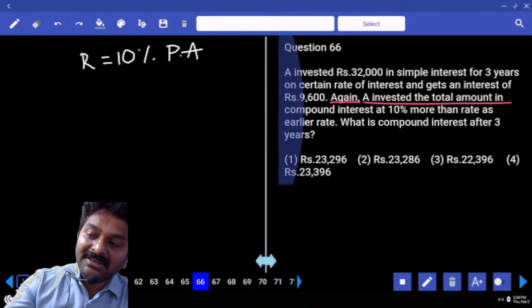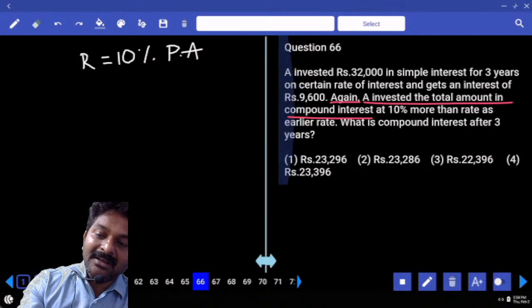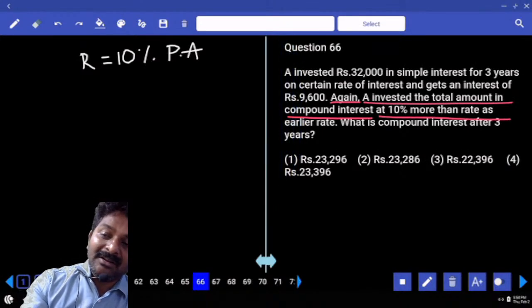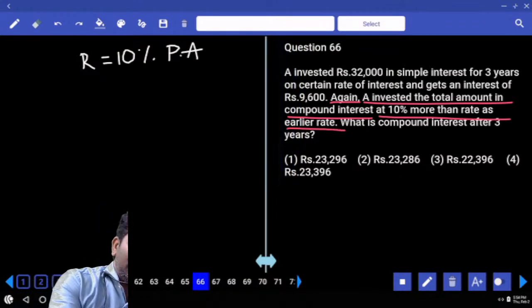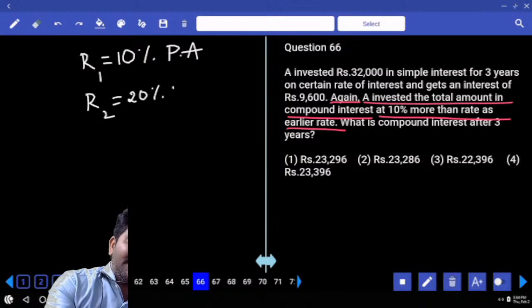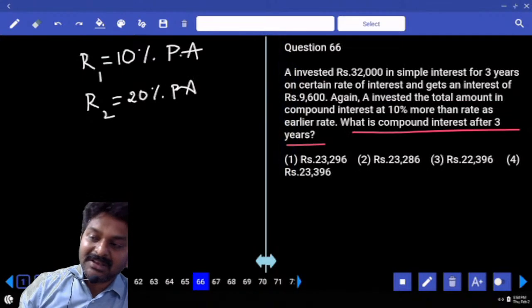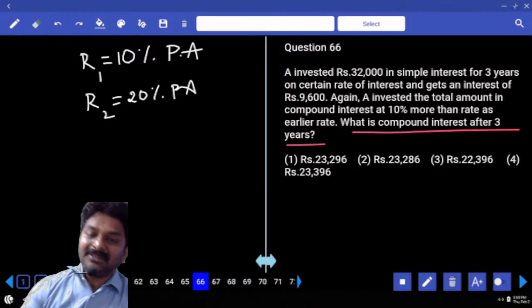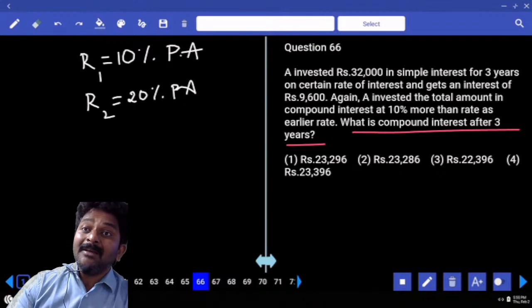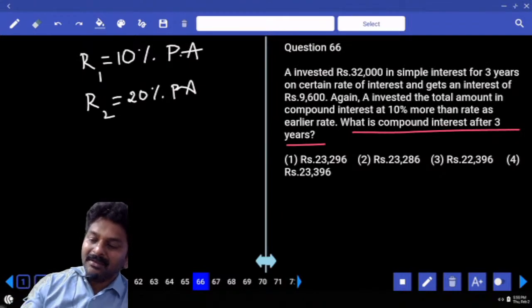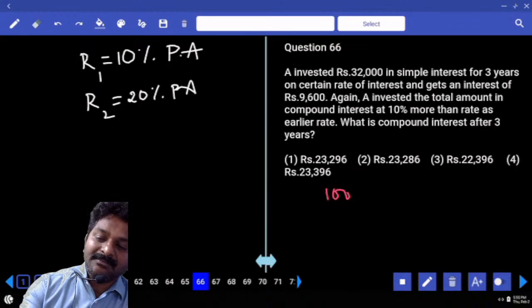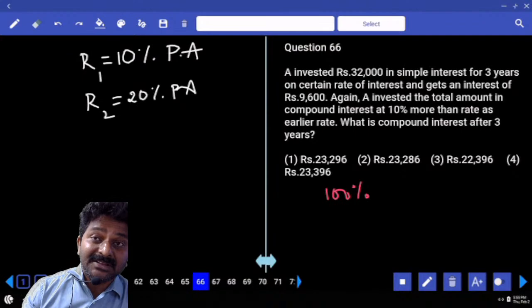Again, A invested the total amount in compound interest at 10% more than the rate of earlier interest. Now, the new rate of interest is 20% per annum. What is the compound interest after 3 years? Compound interest after 3 years at the rate of 20% per annum. If the principal is 100% at the rate of 20% per annum, compound interest after 3 years is